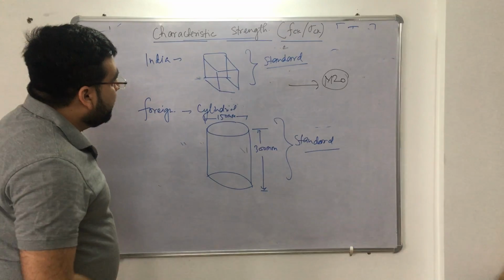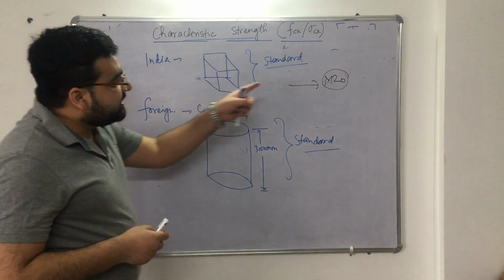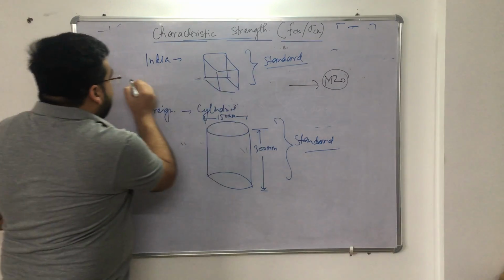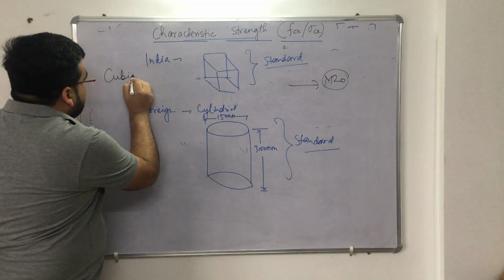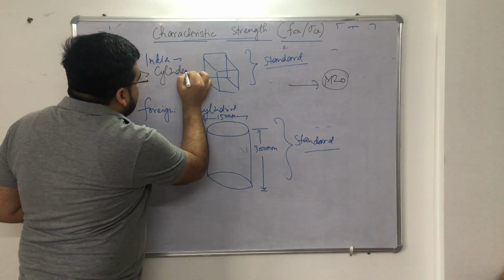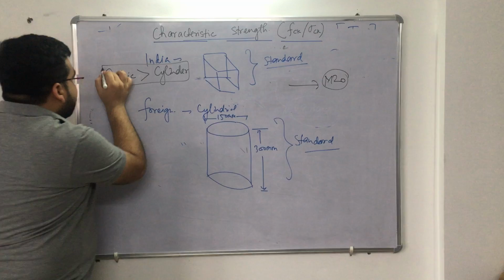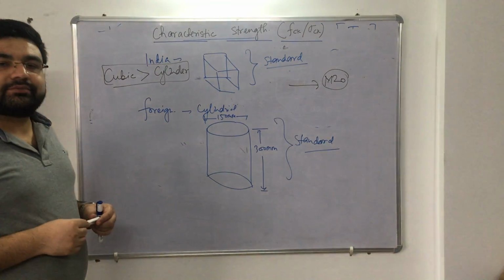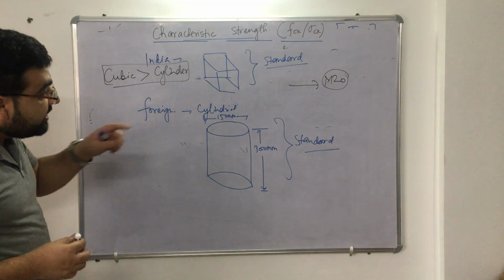Now let me explain. Out of these two, if I am testing M20 or M25, any grade of concrete, the cube will have a greater strength than the cylinder. The cube will have a greater strength than the cylinder. Now coming to the reason. What is the reason? First reason is,